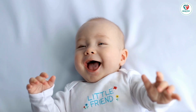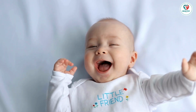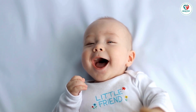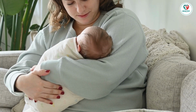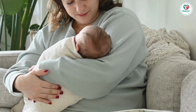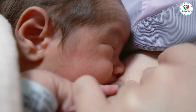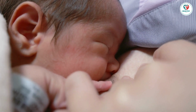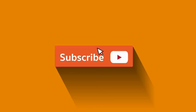There's no need for a special technique when massaging your baby. Simply lay your baby on a soft blanket in a warm, carpeted room. Use a little baby oil or a gentle lotion warmed in your hands, and massage your baby's chest and tummy with a gentle yet firm touch. Make eye contact and talk or sing softly to your baby during the massage. If your baby seems fussy, they might not be ready for a massage, or the touch might be too firm. The key is to enjoy this special time together,